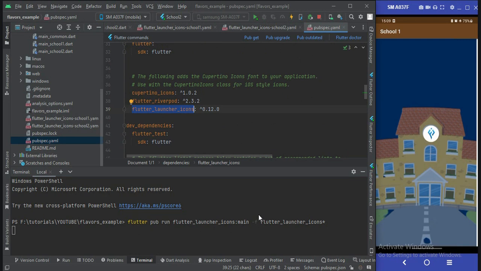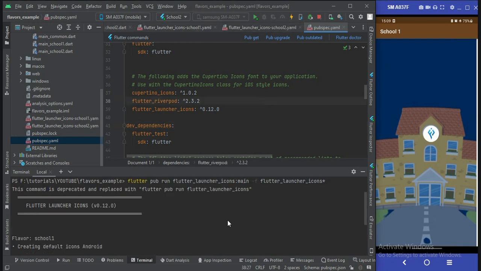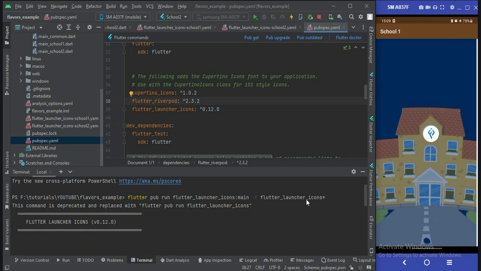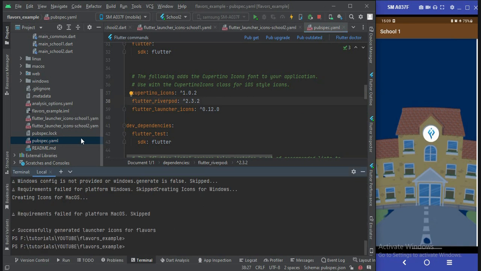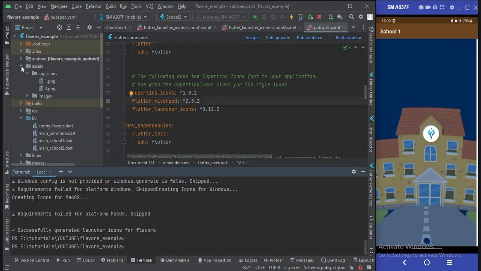and then main, and then --flavors, that means we have two different flavors and those have two files, flutter_launcher_icons-school1.yaml and the other is school2.yaml. And then we are providing flutter_launcher_icons-asterisk so that it works for both the flavors. You can see it has worked, and to check if it is working or not, you can go to